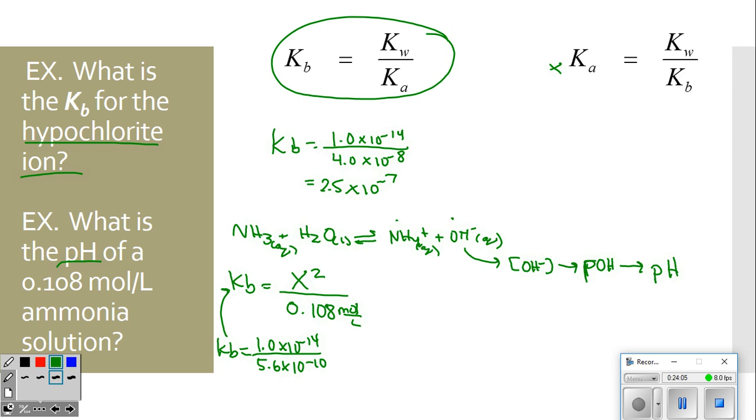Now, with that calculation, I can figure out Kb. So Kb is 1.7857 times 10 to the power of -5. Now I have the same setup that I had for my weak acids. I multiply the concentration on the bottom times Kb. I do the square root to find x. X, which is the concentration of hydroxide, is equal to 0.00138873 moles per liter. Now you don't have to write all of those decimal places, but I'm just trying to